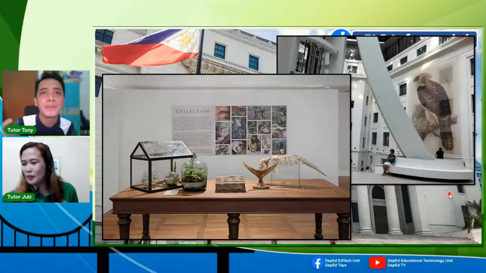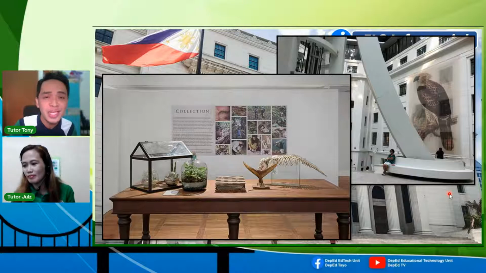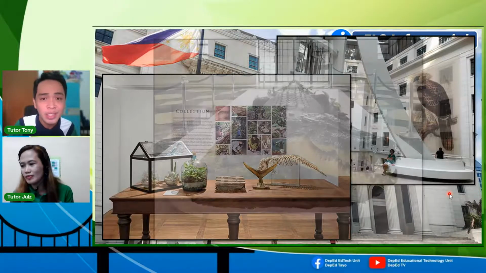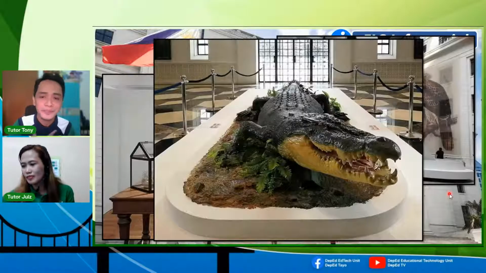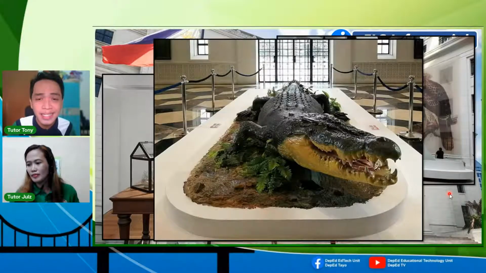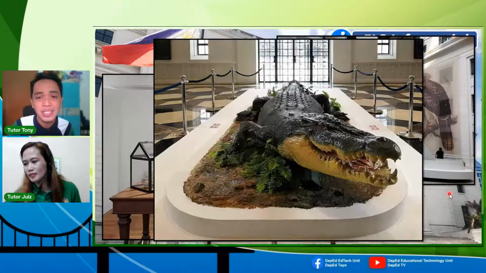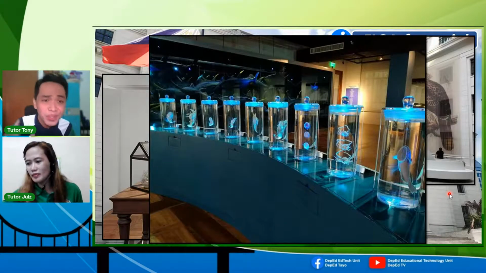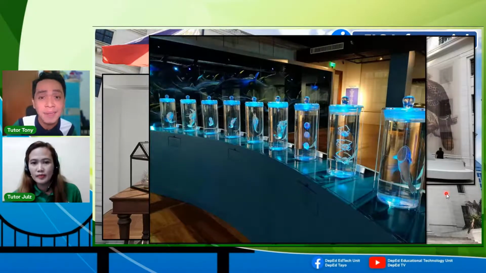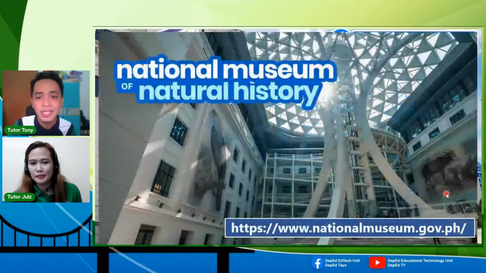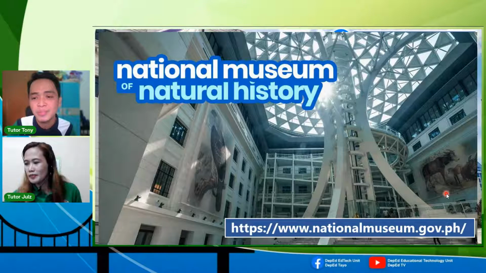And of course, para at least ma-appreciate nyo pa yung mga collection ng mga species natin from the different parts of our country. Ayan, we also have parang replica ng isa sa mga largest creature. Si Lolong ata to, I think, yung largest crocodile na nakita dito sa Pilipinas in captivity. And of course, mga preserved na living organisms. Napakagandang tignan. Hindi lang picturean, kundi pag-aralan. So you can visit the National Museum sa kanilang website, nationalmuseum.gov.ph. Marami silang mga interactive activities din doon at mga events that you can join virtually.